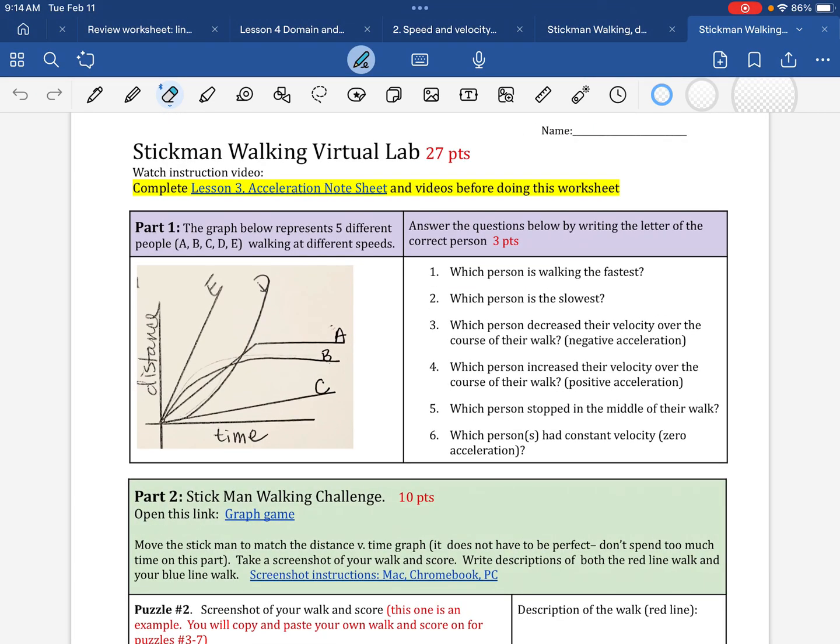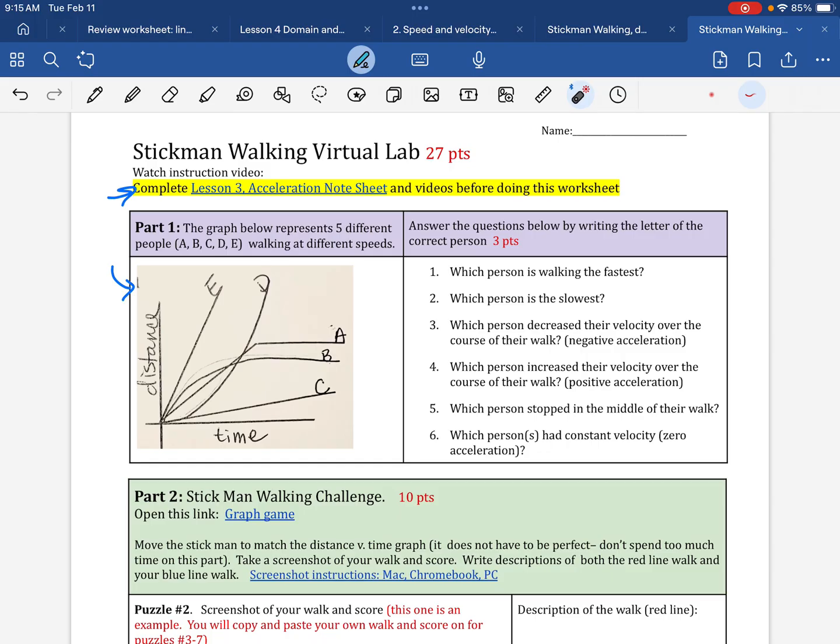Stickman Walking Virtual Lab. So here are the instructions. Make sure before you do this lab that you've done your Lesson 3 note sheet. Part 1, you're going to look at this sketch, a distance versus time graph, and we have,